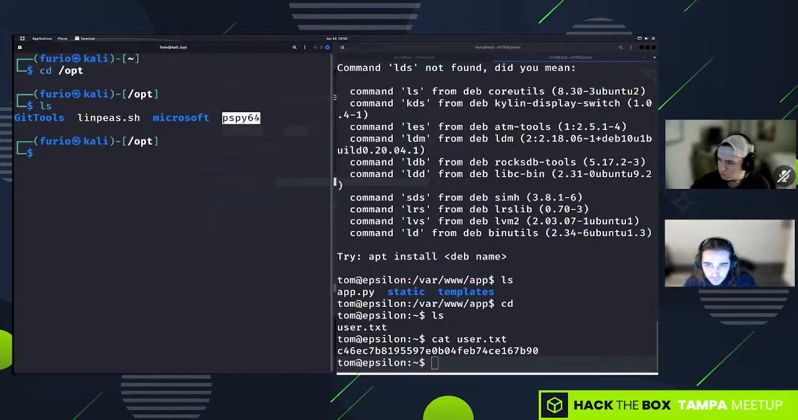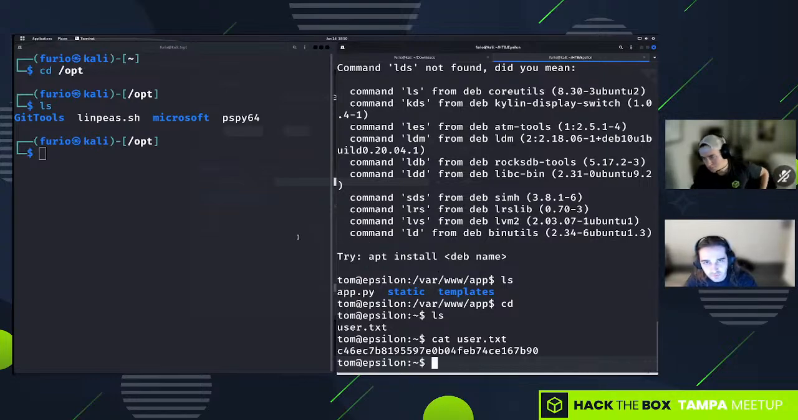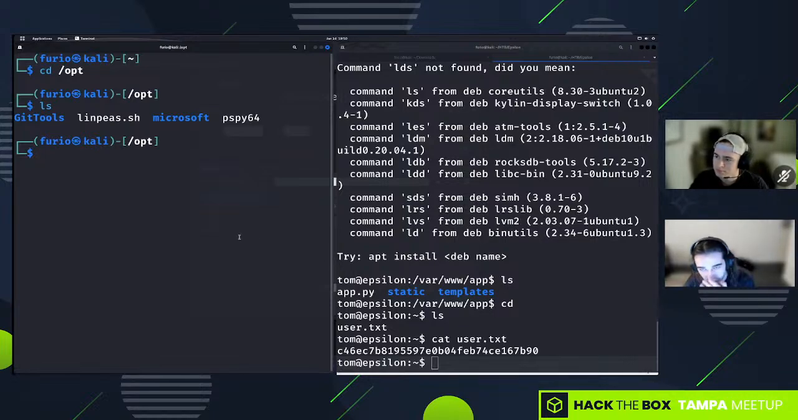So pspy here is pretty neat. Essentially it watches all of the active processes running under all users. So it's a really cool, neat tool. As we can see, if there's some cron job that's running as root, we can look at that. So let's do